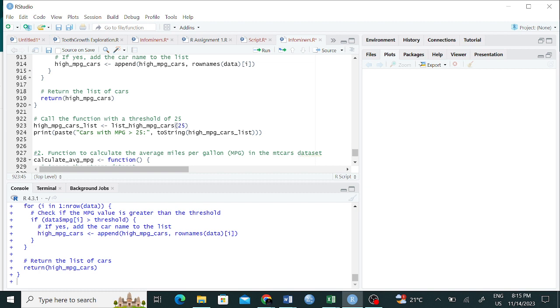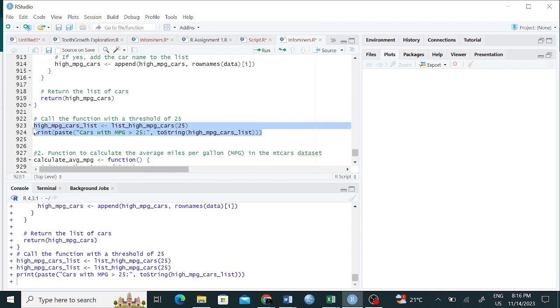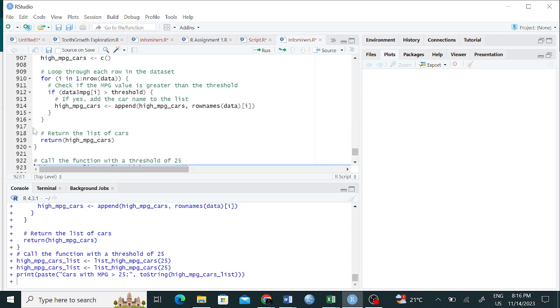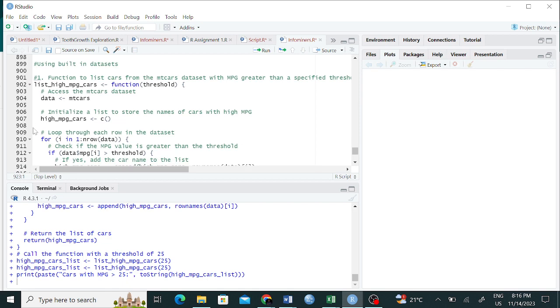Because this one was a function, high MPG cars, what is happening with my line of code? There is an issue. Call the function with a threshold of 25. High MPG cars.